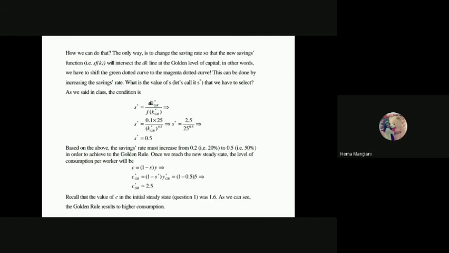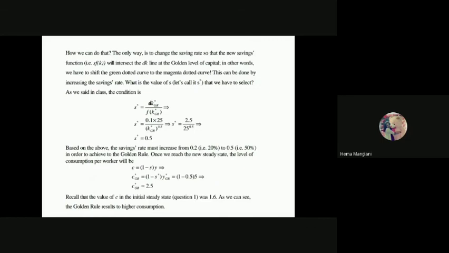So saving is increasing. When saving is increasing, and if MPK is still greater than your DK, then you should increase your saving, which can give you more K star GR. So this value 0.5 can now be replaced in the C value also, the C star GR, because we know the function is 1 minus S star, which is a fraction of this Y star GR, which gives us the new C star GR, that equals 2.5.